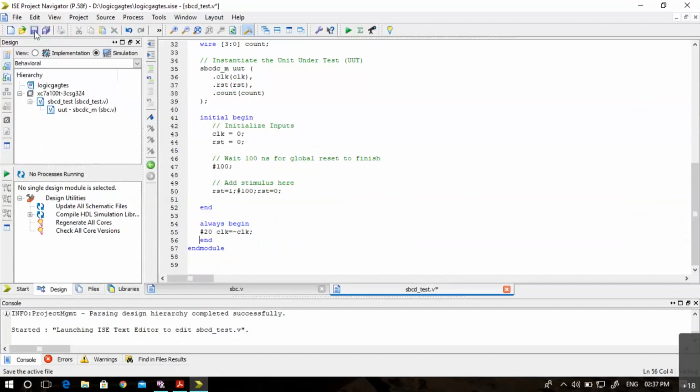You can define this clock anywhere in the code because it is all a concurrent module.